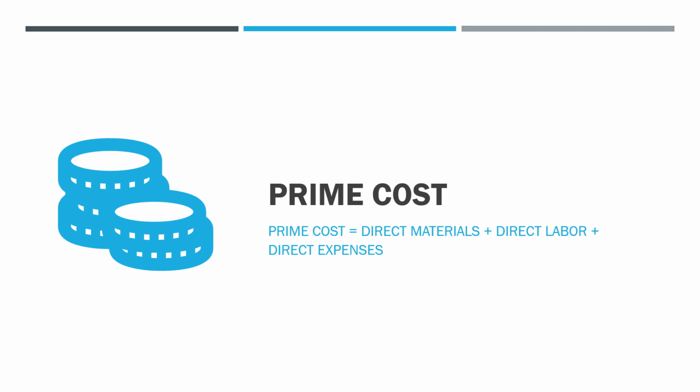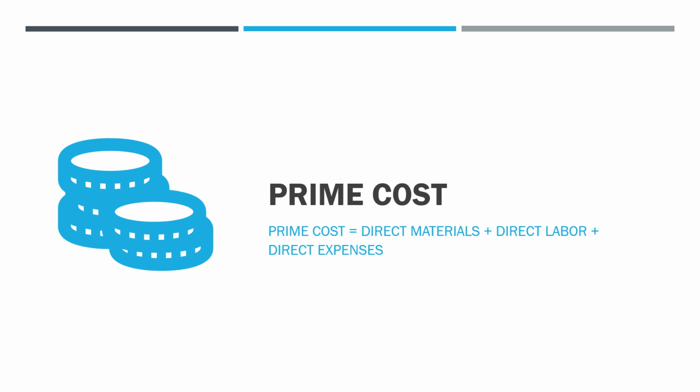Now, finally, we'll look at the concept of a prime cost of production. A prime cost is the total direct cost of production, including raw materials and labor. Indirect costs such as utilities, manager salaries, and delivery costs are not included in prime cost. The prime cost equation is equal to the cost of raw materials plus direct labor plus direct expenses such as